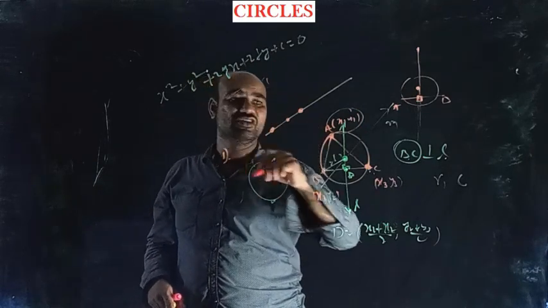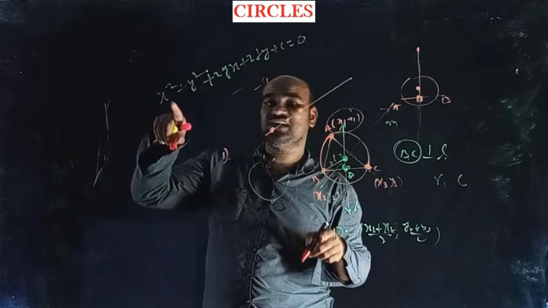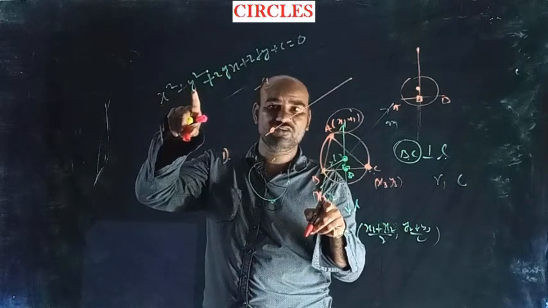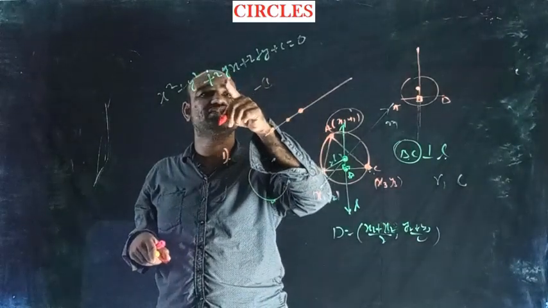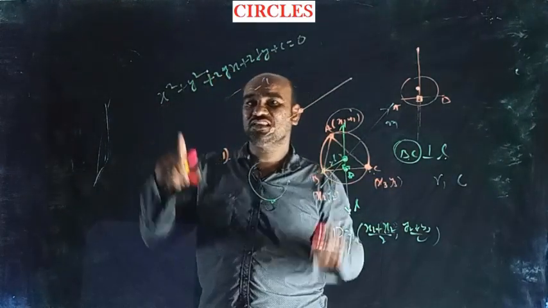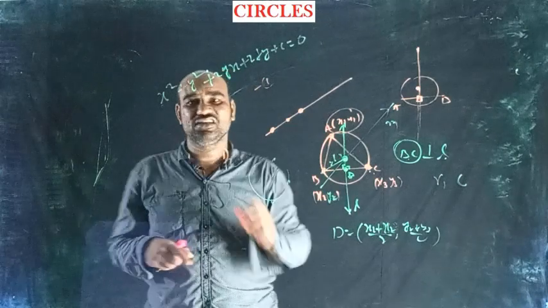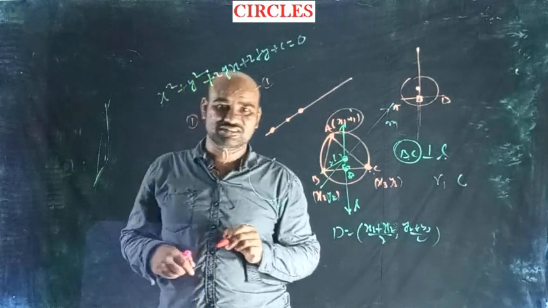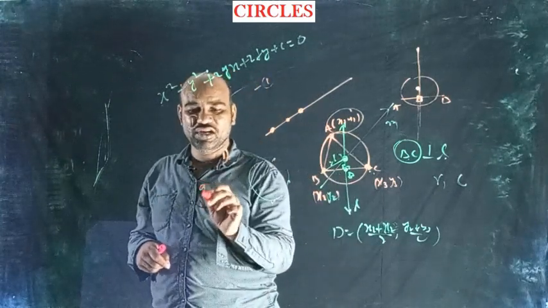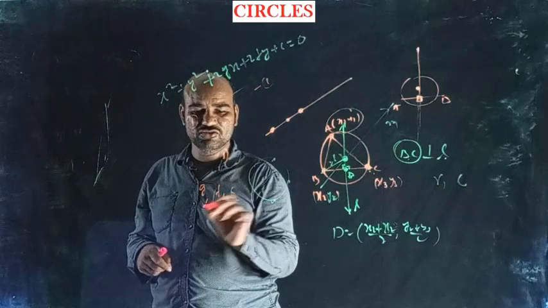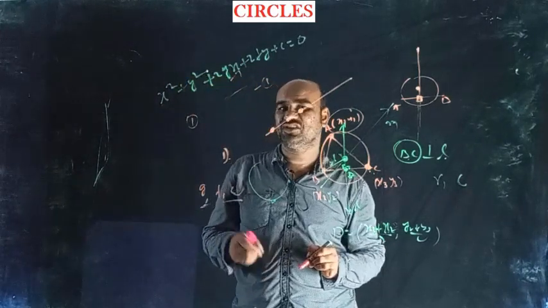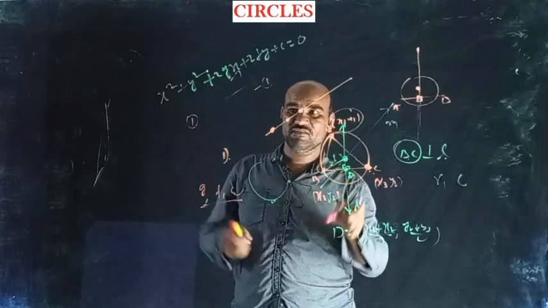One equation. Similarly, (x2, y2) is a point on the circle. Instead of x you can write x2, instead of y you can write y2. Another relation will be obtained between g, f and c. Similarly, C is also a point on the circle, giving another relation between f, g and c. Three unknowns, three equations. You can solve them. By solving those three equations, we will get the values of g, f and c. Substituting these values in the equation, you get the required equation of the circle. First method, second method.